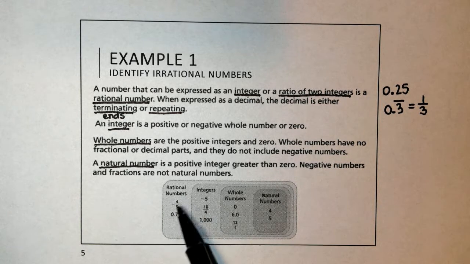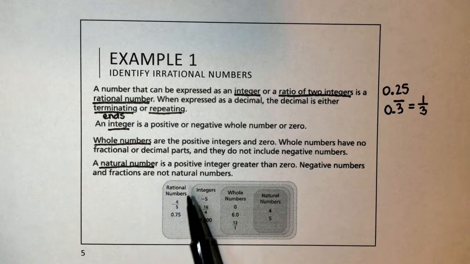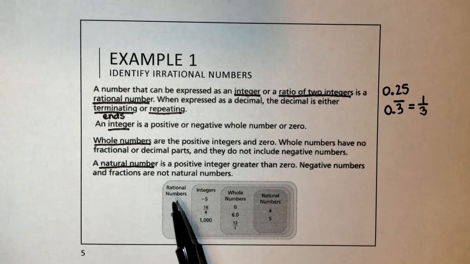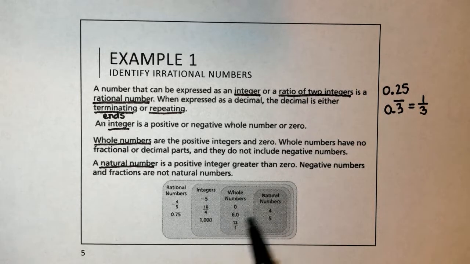So here -4 over 5 and 0.75 are examples. You see how these rectangles overlap with each other. A rational number includes integers, whole numbers, and natural numbers. So rational numbers include these things,